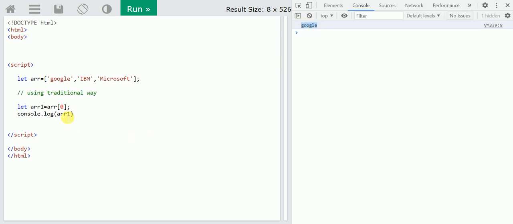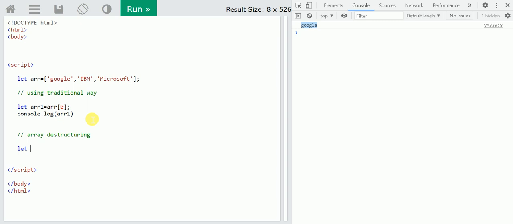Okay, so this is the traditional way, but how to access these values with the help of array destructuring? Array destructuring is nothing but a new feature in ECMAScript.